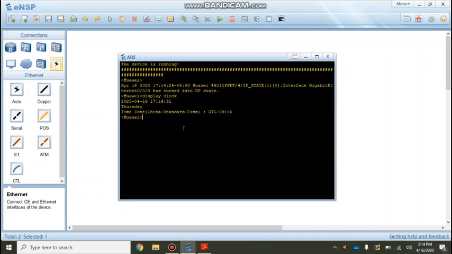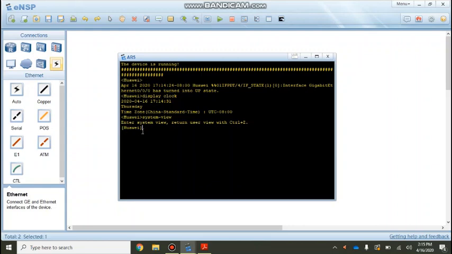Another thing I want to tell you here, you can see the name written here is Huawei. This is the default name of the router, and these two arrows show that it is in user view right now. So we'll have to go into the system view to start the coding. I will type system-view here. You can see it said enter system view and return user view with Ctrl+Z. If I press Ctrl+Z, I can go back to the user view, but I am in system view now.